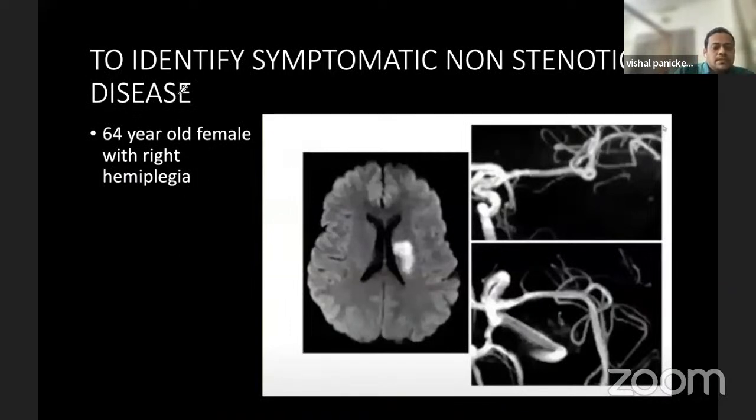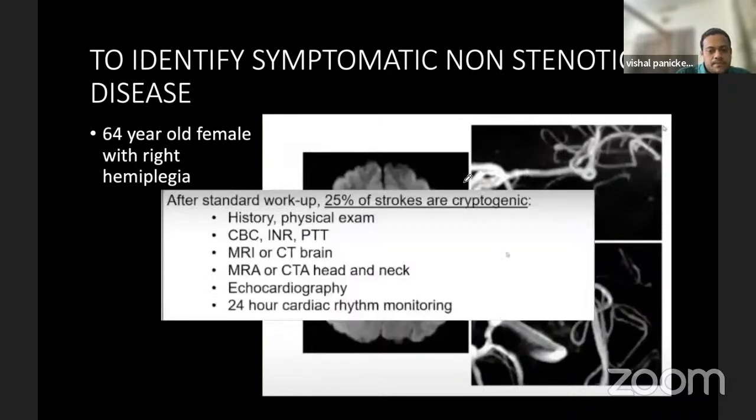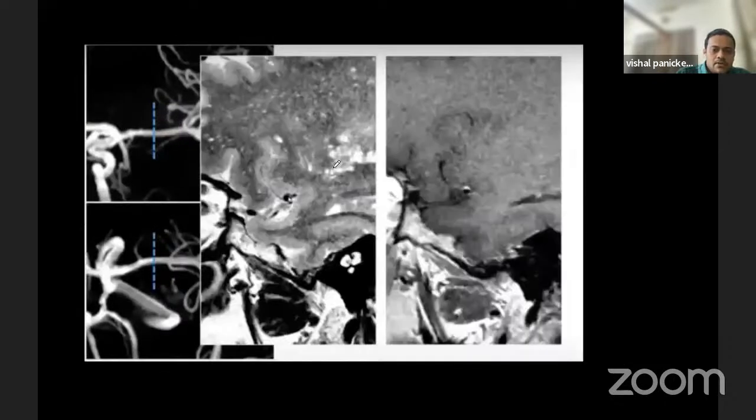Next indication is to identify symptomatic non-stenotic disease. This is a 64-year-old female with right hemiplegia, MR imaging showing a normal vessel wall. So the patient underwent a standard stroke workup, and even after all the workup, no cause was found. 25 to 30% of all strokes are cryptogenic. So in cryptogenic stroke, we can evaluate the patient with intracranial vessel wall imaging to find out any cause along